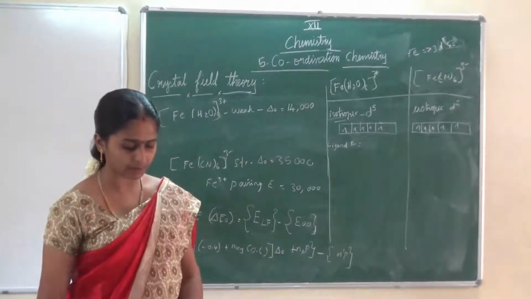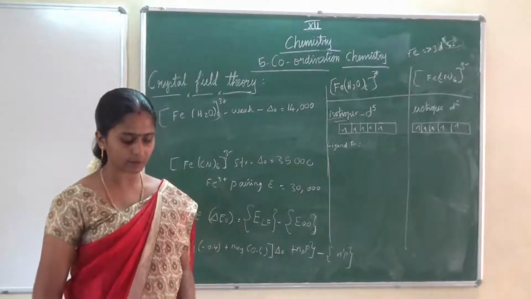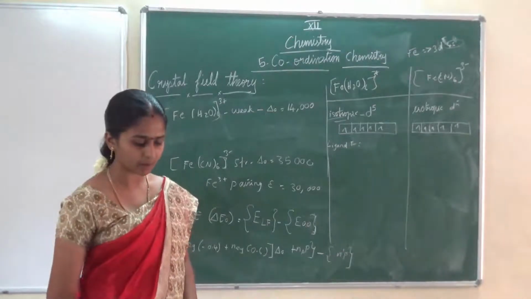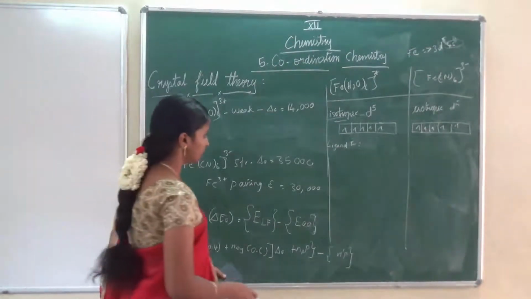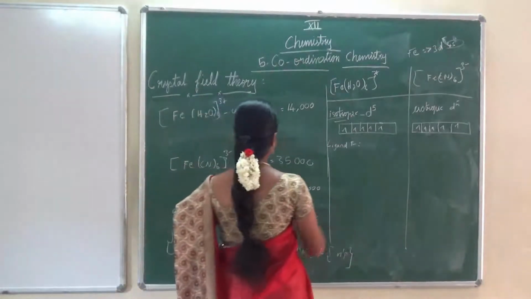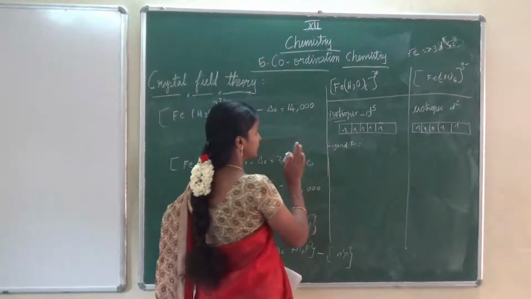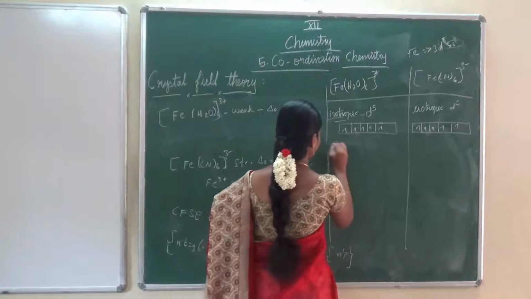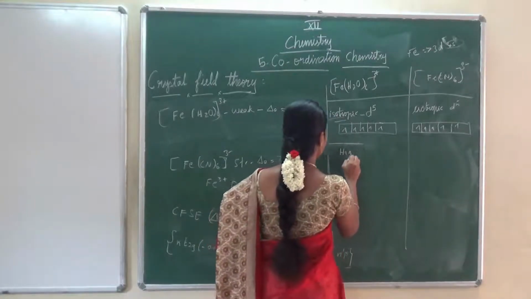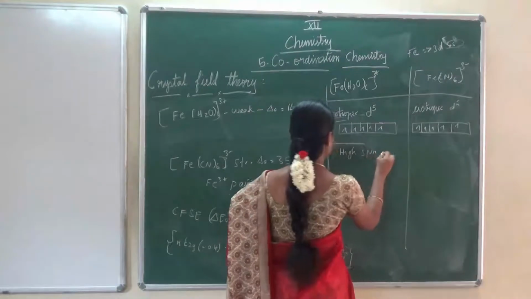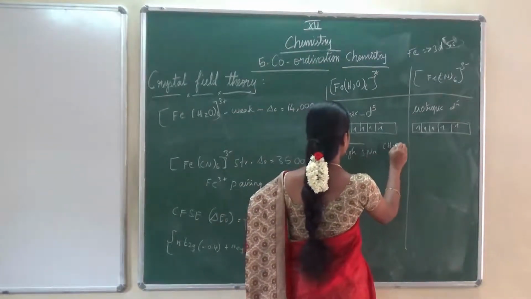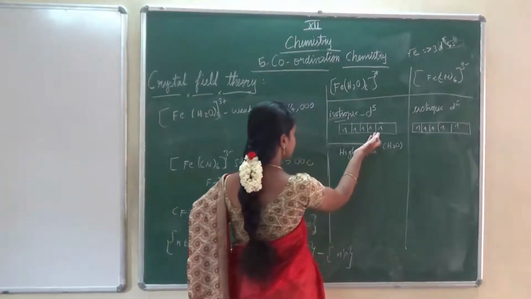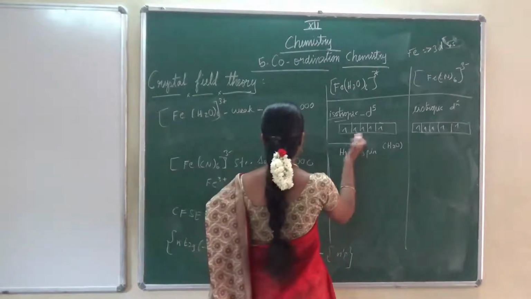In your book, page 158, they have discussed this. They are taking water and working for both a high spin complex as well as a low spin complex. So when we work here for water first, let us think the water is a weak ligand. Weak ligand means high spin complex. Now we are taking water as a weak ligand, so weak ligand means the pairing does not take place.